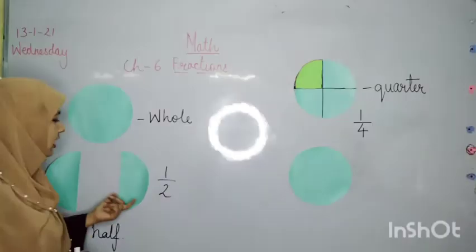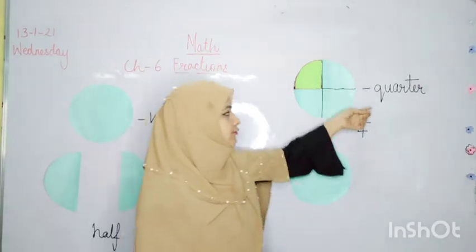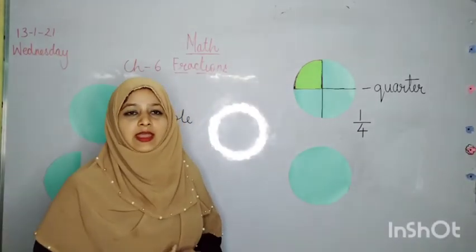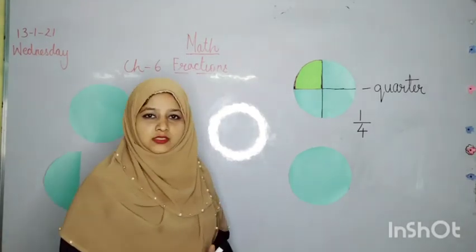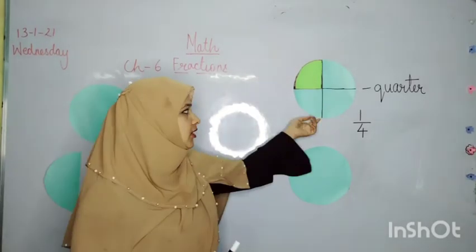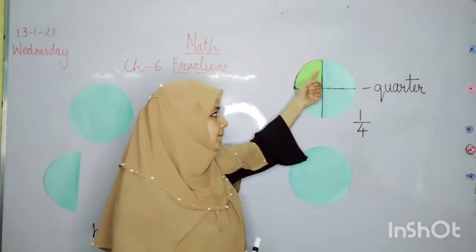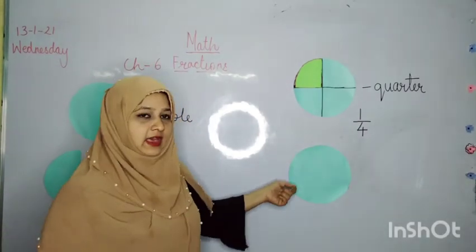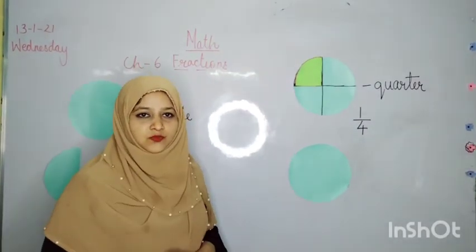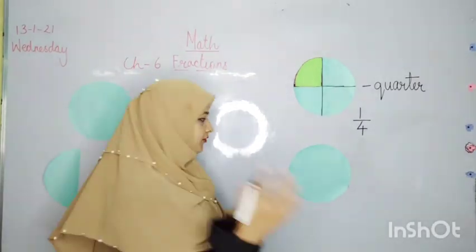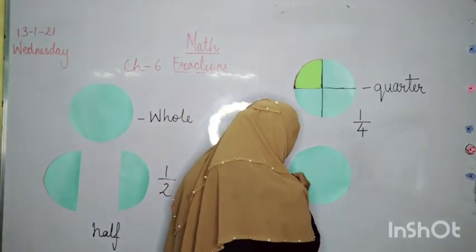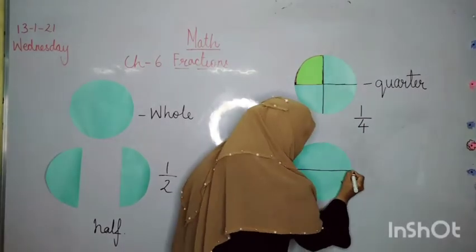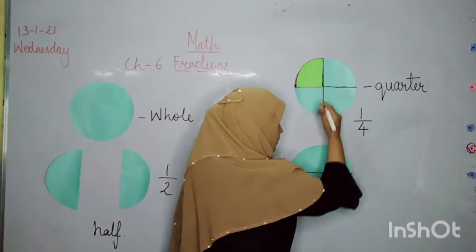Now we saw half of the circle. We saw 1/4, that is a quarter of the circle. Now again I have one full circle and I want 3 parts of that circle. Here I wanted one part of the circle, so one part is called a quarter, that is 1/4. Now when I have this whole circle and I want 3 parts of it, how will I do it? First I will divide that circle into 4 equal parts, as we did here.